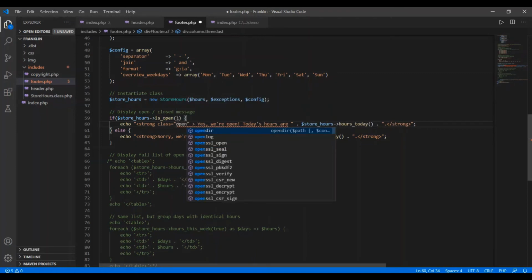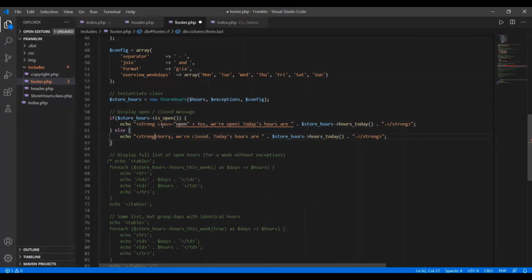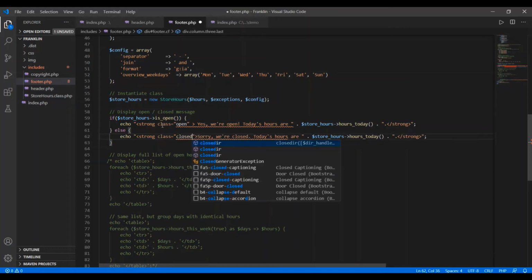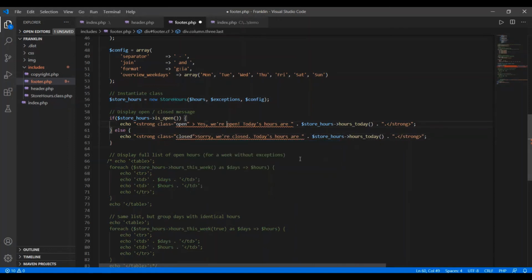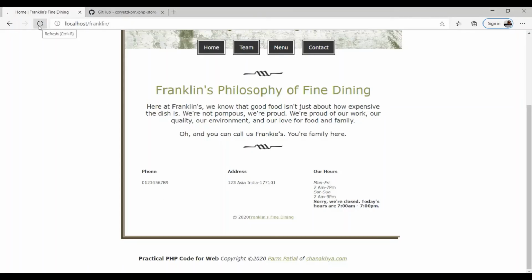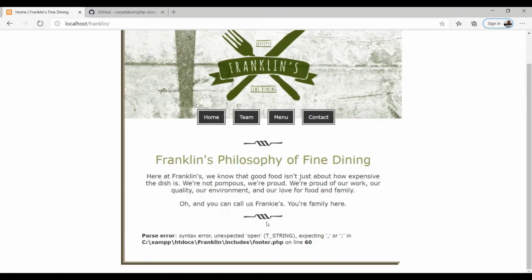To this I will give the class and say open, and I'm going to use class say closed. So save the changes here again and move to your browser.